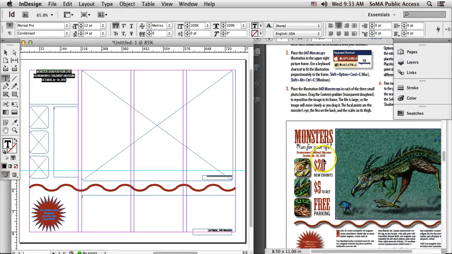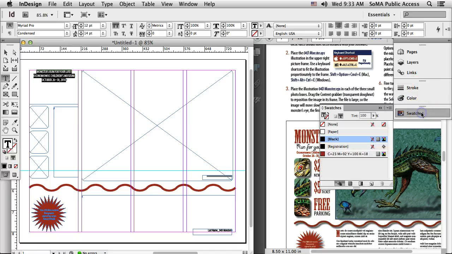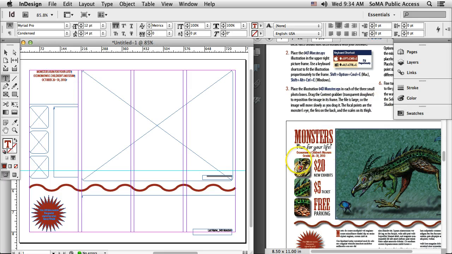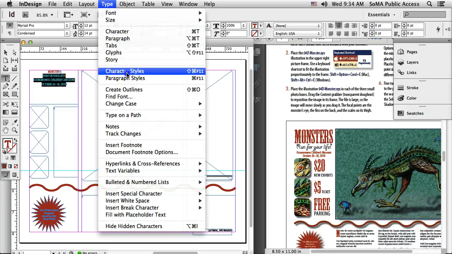Then I see that most of the type is red except Run for Your Life. So I'm just going to go to my color swatch to make everything red to get me started. All right? The other thing I will take note of is the line breaks properly after Children's Museum. But notice that this type is all uppercase and Children's Museum in October and so forth is not. So I'm going to highlight all these 3 lines. I'm going to highlight all the text actually, starting in front of the R for Run. I'm going to put a hard return in front of the R for Run because monsters should be on 1 line. I'm going to highlight all this text, and I'm going to go to Type,